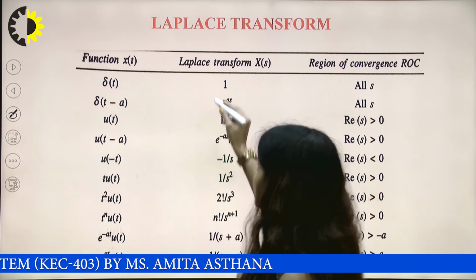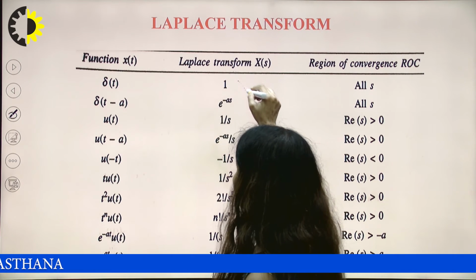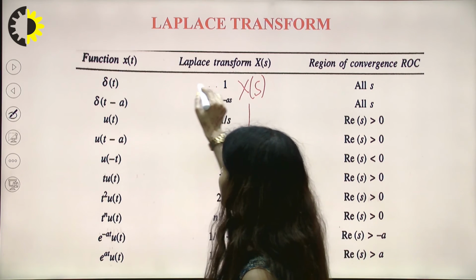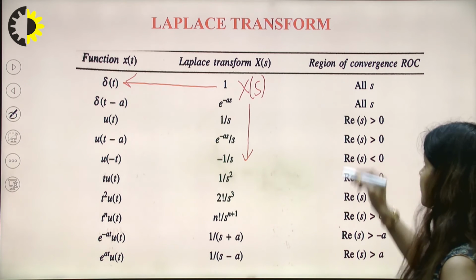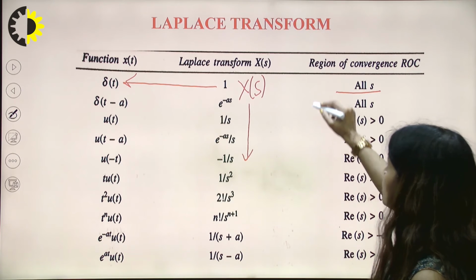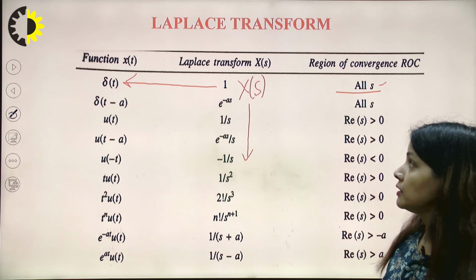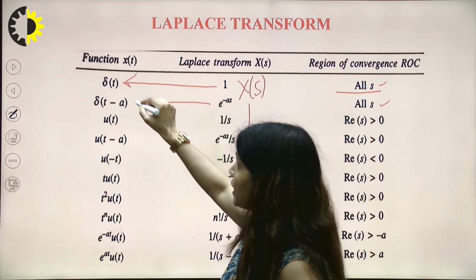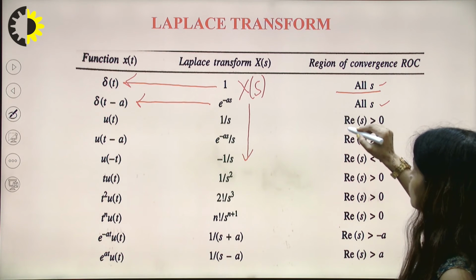So here, if I want to calculate the inverse Laplace transform and I am given the X(s) in my S domain, how do I perform it? The inverse Laplace transform I will take directly, whereas the ROC, the region of convergence, is also defined: it is all s. In a similar way, all s, this is considered as delta(t minus a). Okay, so this is also important.